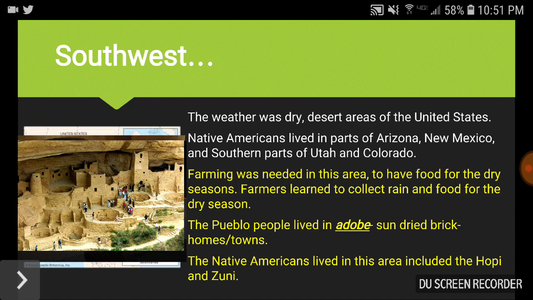What's also very unique about this Native American region or this cultural area of the Southwest is that the Pueblo people actually lived in something called an adobe house. And so what adobe is basically, it's a brick-like material, so kind of almost like a clay that gets hardened by the sunlight, and it creates basically your house that you live in. And so if you look in this picture, you see what adobe housing looks like. So you have these Native Americans basically living on top of each other using these clay-formed houses as their means of basically protecting them from the insane desert heat.